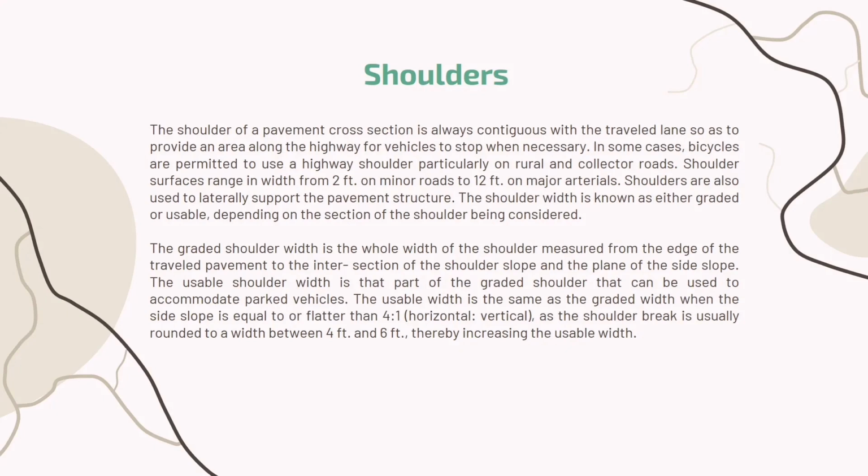The shoulder width is also known as either graded or usable, depending on the section of shoulder being considered. Graded shoulder width is the whole width of the shoulder measured from the edge of the traveled pavement to the intersection of the shoulder slope in the plane of the side slope. The usable shoulder width is the part of the graded shoulder that can be used to accommodate parked vehicles. The usable width is the same as the graded width when the side slope is equal to or flatter than 4:1, as the shoulder break is usually rounded to a width between 4 feet and 6 feet, thereby increasing the